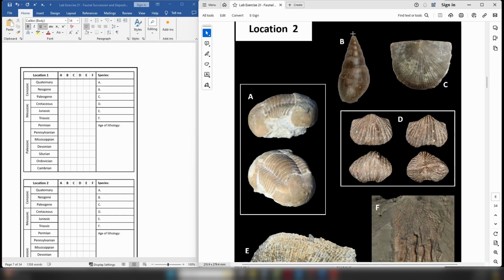Now, B, when you look at it, B looks like the kind of sea snail fossil. So it looks like a gastropod. I'm pointing out right now, I'm saying it looks like a gastropod. I'm not saying it is a gastropod. So what can you see? Well, you can see that the fossil itself clearly has a pointed appearance. It has this cone-like appearance, and you can see that it has separate segments which are creating a spiral-like pattern